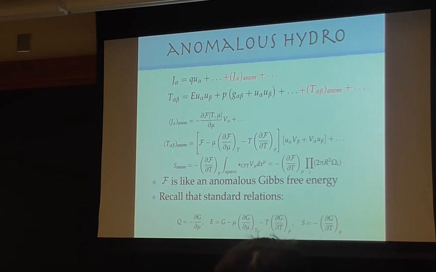Good. So now I'm going to tell you the result of this. I can say a few words about how to derive it, which is extremely tedious. I motivated that this is a unique parity odd term, and if you think about it, this is the first leading-derivative odd term. So let me just say that in the currents, there's a term proportional to V alpha. Let's concentrate on the normal term. And in T alpha beta, because it's symmetric, it's proportional to V, which is the only thing we can get.